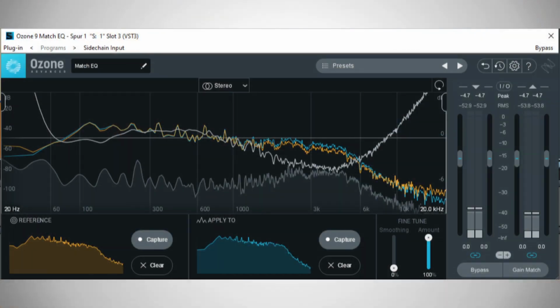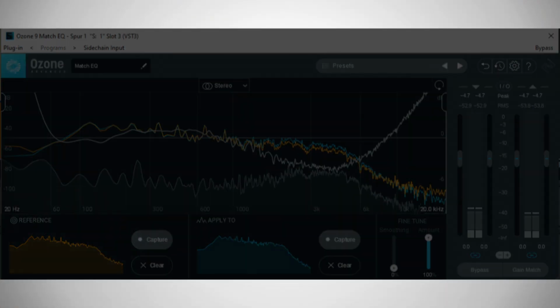So if you think this is a huge difference between the Bugera 6262 and the Peavey Invective, believe me, it's not. And to prove it to you, I did another comparison. So I was comparing the Peavey Invective to my Marshall JVM 410. So this is the graphic, and you can again see the Peavey Invective in orange and the Marshall JVM in